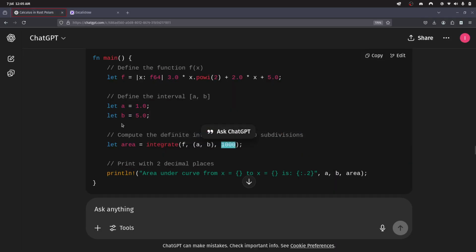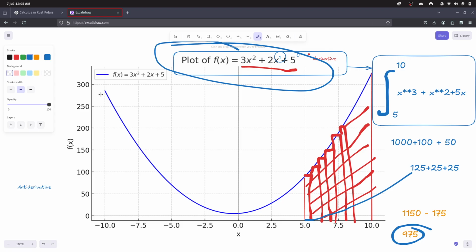Cool. So that is a quick look at doing calculus with Rust. You can do it with Python, obviously, Jupyter Notebook, Pandas, NumPy, and all that good stuff. So I just thought I'd show how you can do it in Rust with 3 lines of code. Helps if you know all this or if you've done it at school, but if you want to work out the area under a graph, which is something you may actually want to do in real life,